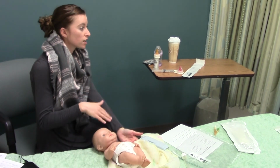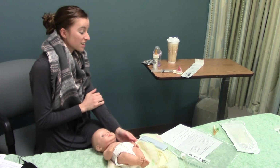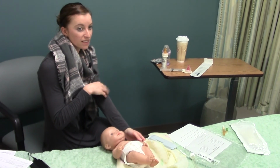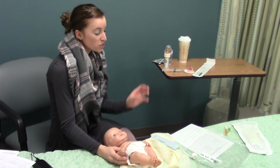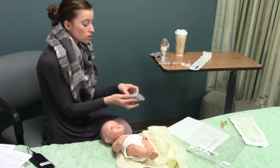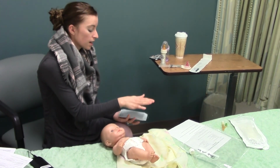So normally when you flush, you don't notice anything different with the skin. If you accidentally hit an artery, which does happen, it turns white right away, and you can tell. So then you have to take that out right away. But otherwise, like I said, hands. Then we'll put an arm board on, so it's always the firm side down and the soft side towards their skin. We'll kind of